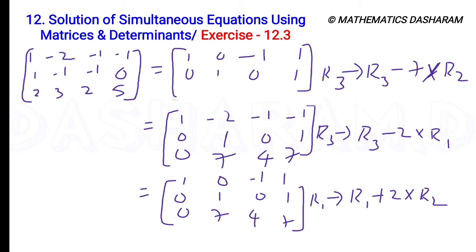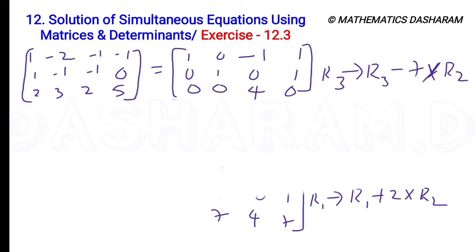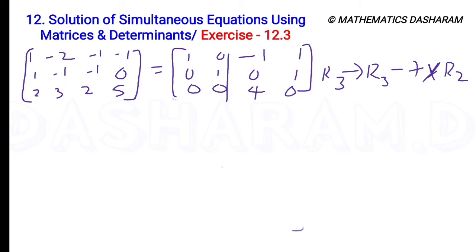So it is equal to, here 0 minus 7 into 0 is 0. Here 7 minus 7 into 1 is 0. 4 minus 7 into 0 is 4. 7 minus 7 into 1 is also 0. So the next step is: 1 0 0 over 0 1 0 completed. Next here 0 is required at this place, but before that we require 1 at this place. So to get the 1, here 1 0 minus 1 1, 0 1 0 1.